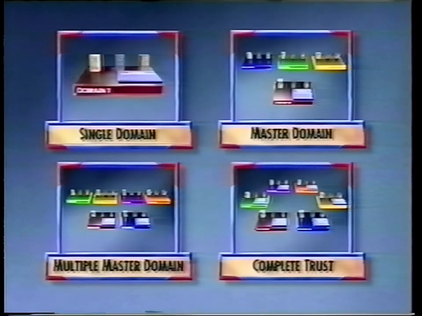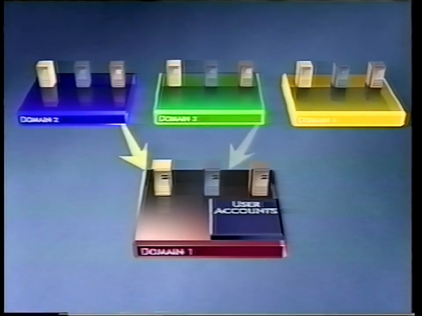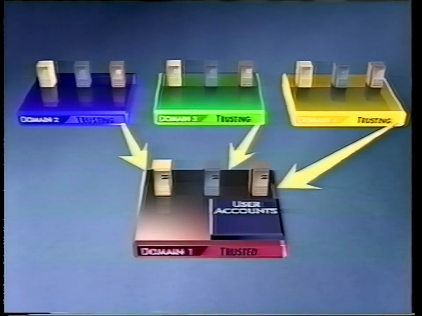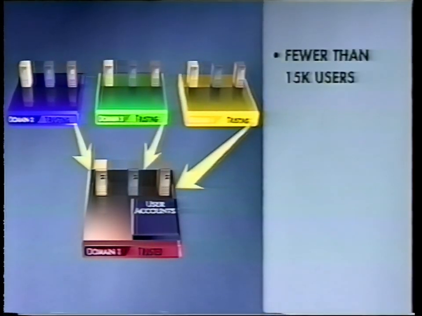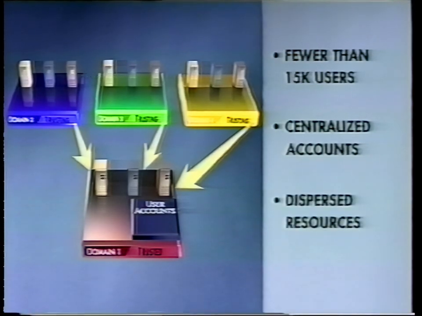Expanding networks or a changing organization may require the flexibility of the master domain model. In the master domain model, there is one master domain on which all user accounts are maintained. One or more resource domains are linked to the master domain with trusts. The master domain is the trusted domain, and all of the resource domains are trusting domains. Because of the way the trusts are implemented, users with accounts in the master domain are able to use resources in all the other domains. The master domain model may be the best choice for companies with fewer than 15,000 users who want to take advantage of centralized account management while allowing resources to be managed locally in the resource domains of various divisions and